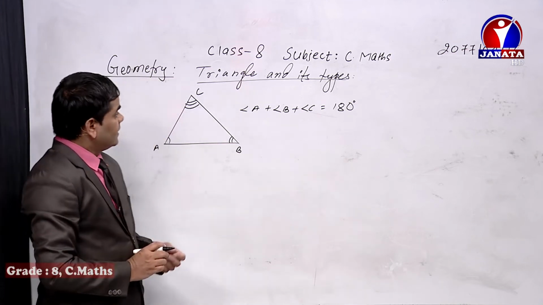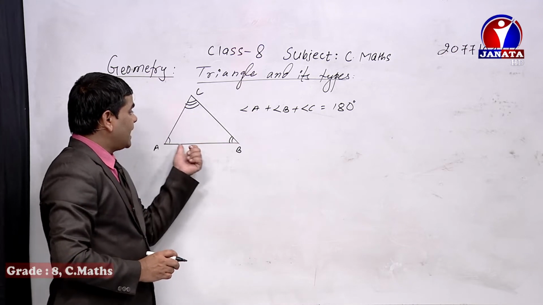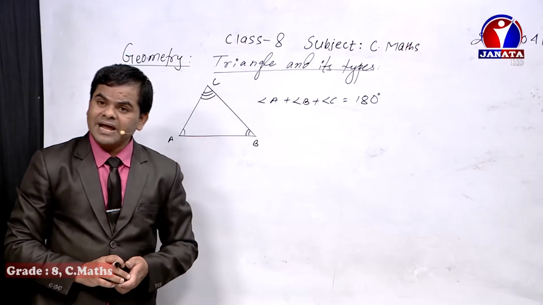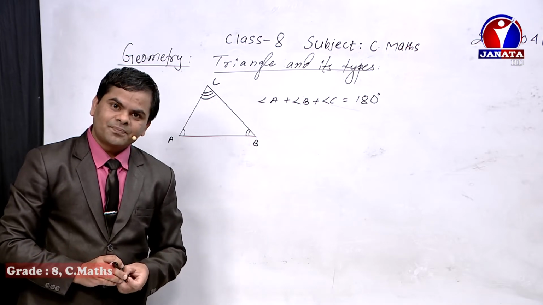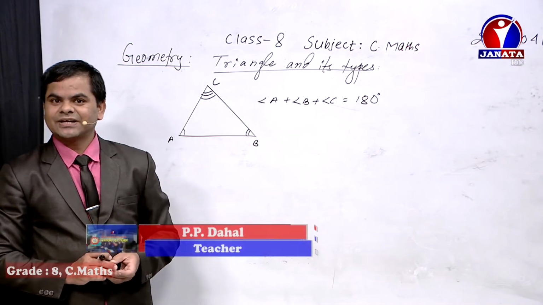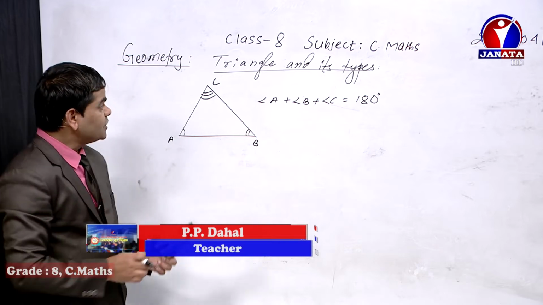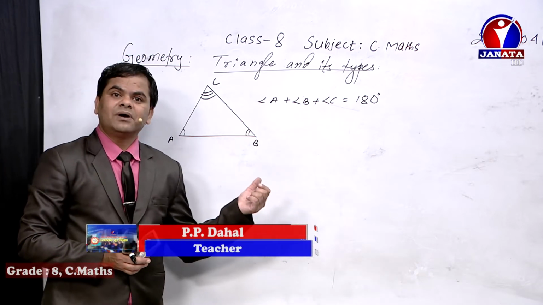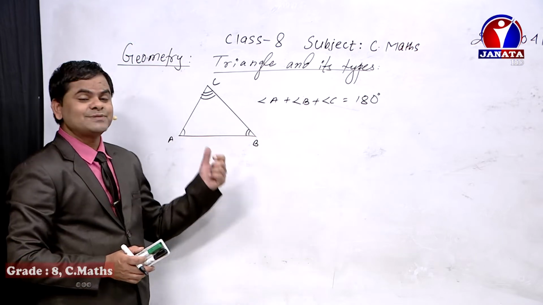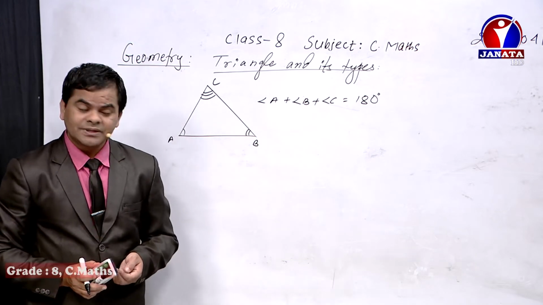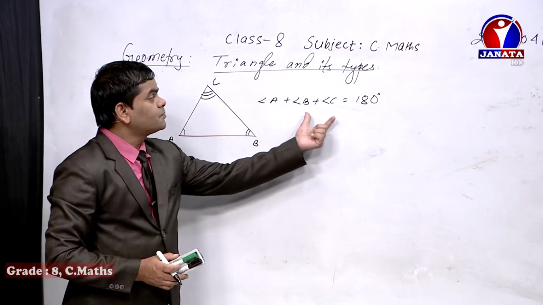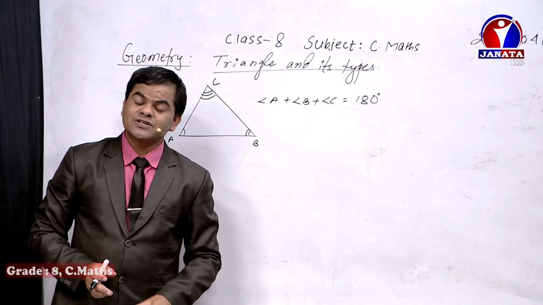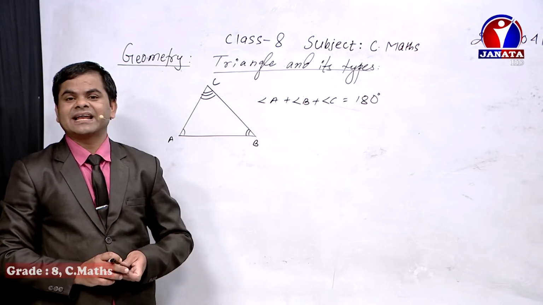Okay, how the sum of angles of a triangle becomes 180 degrees should be proved in class 8 experimentally as well as theoretically. I'm going to focus on theoretical verification, but in case of experimental verification, how to prove the sum of angles of a triangle is 180 degrees, you need to make the triangle by using scale and pencil.